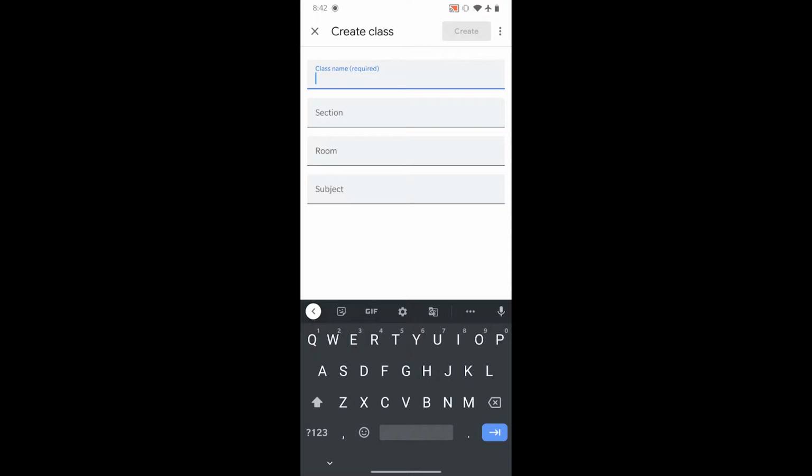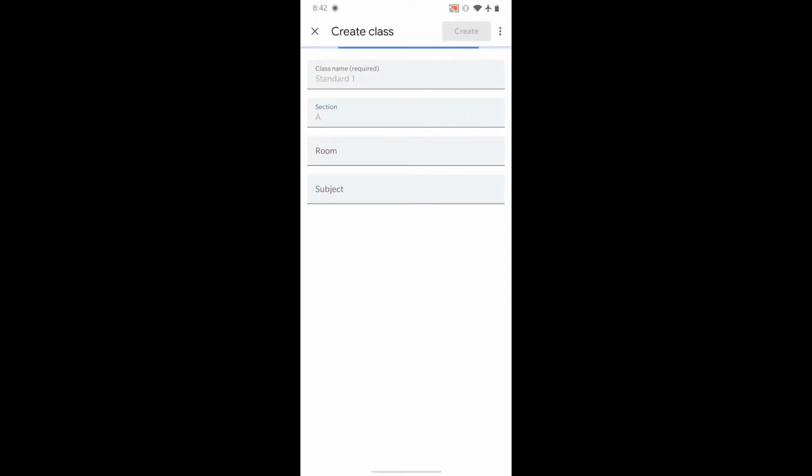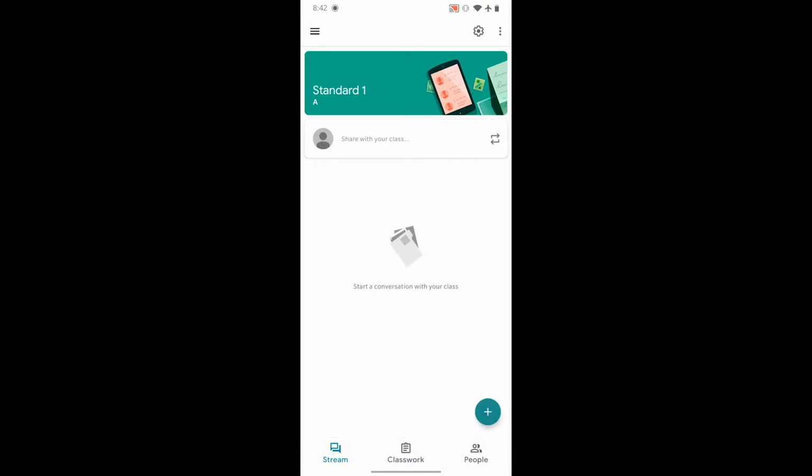So let's give the class name as standard 1 and the section as A. So this is the class for standard first section A. Okay, now you can click on the create button right over here to create the class. Here you go, your class is created.